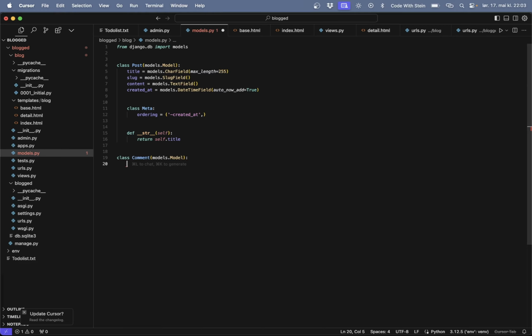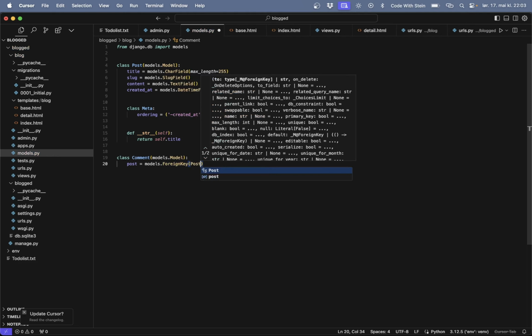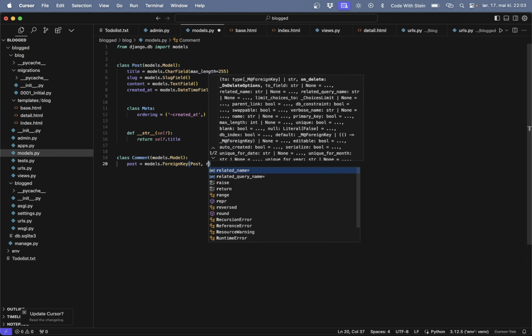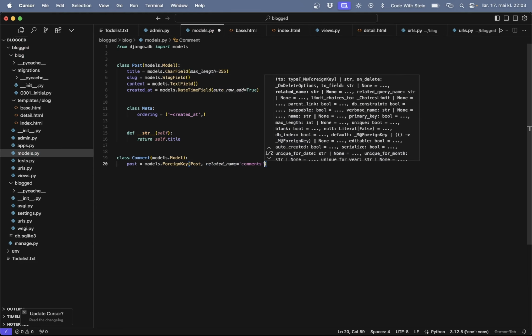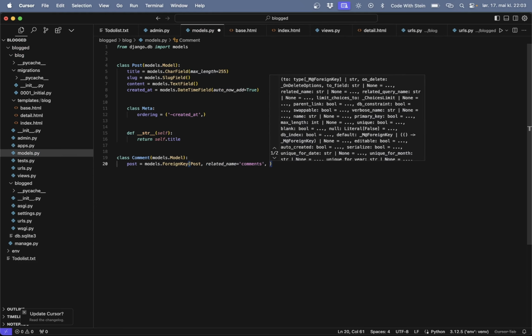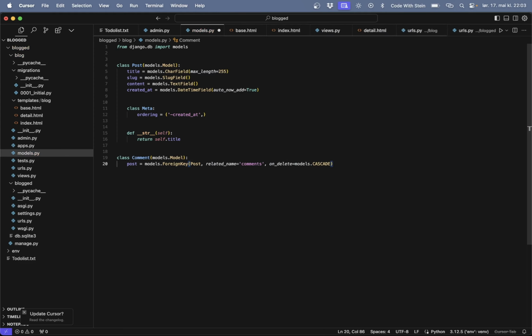And there we need a reference up to the post. So we can say post equals models.ForeignKey, which is how you refer to other models. Pass in Post, which is just this one. Set something called the related_name to comments, which makes it very easy to get all of the comments belonging to one specific post. And at the end here we say on_delete=models.CASCADE, which means that if we delete a post, we also delete all of the comments belonging to this post,